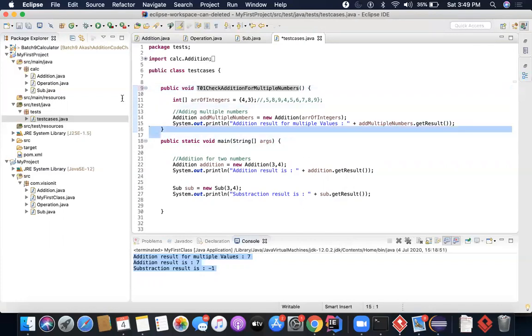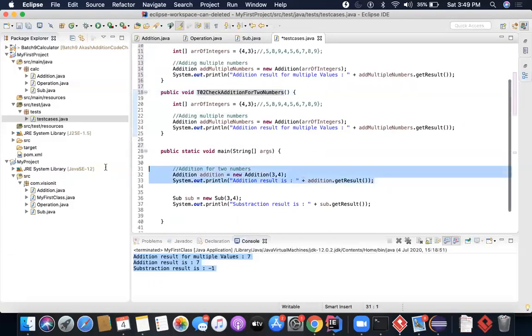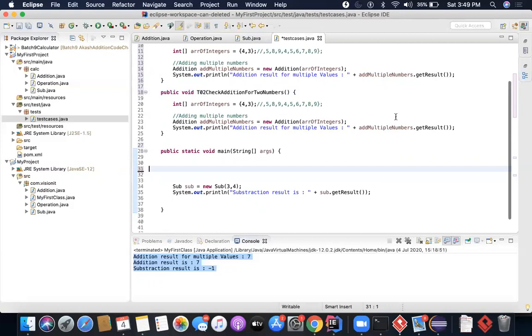This is my first test case. My second test case can be test case number 2 for 2 numbers. So I will just move this part from here and put it here.